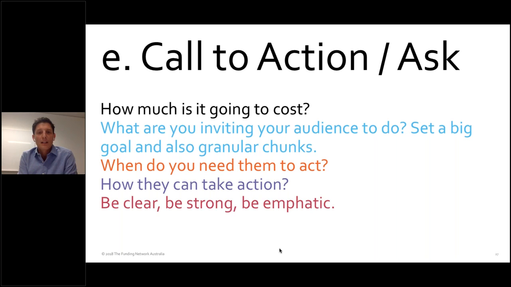But it's essential to be clear and confident and emphatic at this point. There's no point in having gone through all of that information, storytelling, emotional connection and evidence base if you're not going to get to the point. So many times you hear people pitch and then there just is no ask at the end, and the audience are often left with, well, what am I meant to do next? How am I going to act to support you? How can I take action?